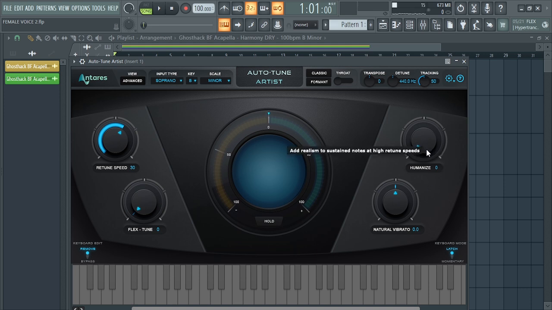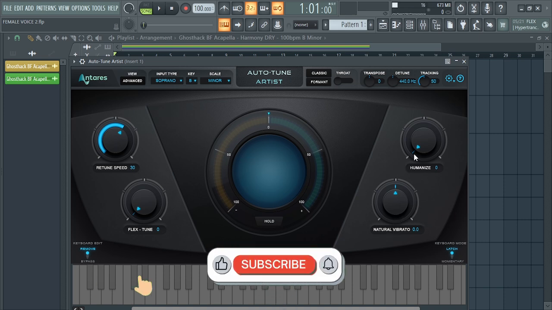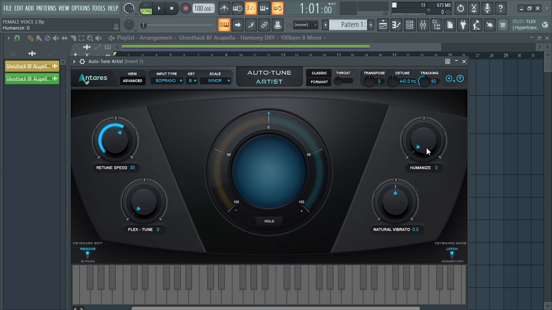All right, when we push the retune speed all the way up, sometimes we sound robotic, and we don't want that. We want to add realism to our vocals. And to do this, to add realism to our vocals, we add a little bit of humanize. All right, so now